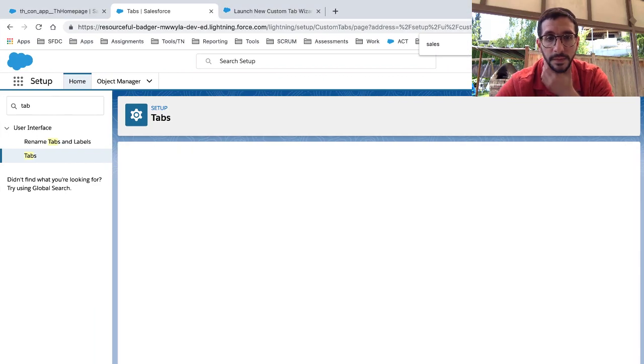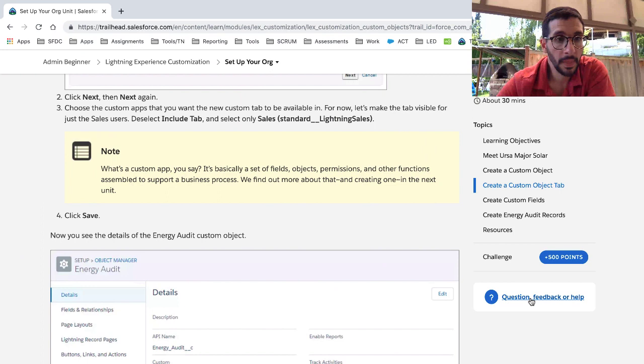Click Save. Note, what's a custom app, you say? No, I didn't say it, actually. But if I had, it's basically a set of fields, objects, permissions, and other functions